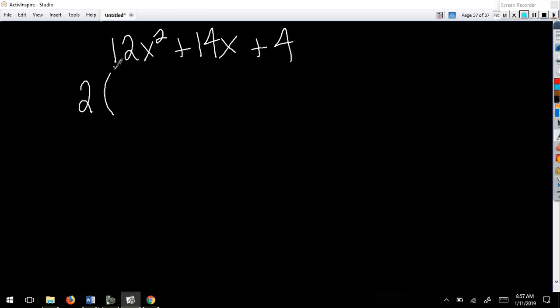All right, so here's what we're going to do. Our directions give us a trinomial, and this is the one that's written at the top of your paper. Your first step always in factoring is to look for a GCF and take it out if you can. They won't all have a GCF by any stretch of the imagination, but a lot of them will. I started you with one that does, so you can see what happens if you have to take out a GCF. So what's the GCF here? 2. When you take that out, you're left with 6x squared